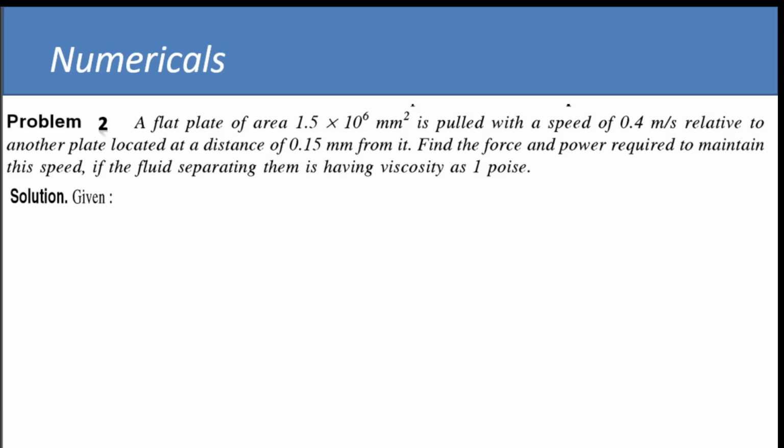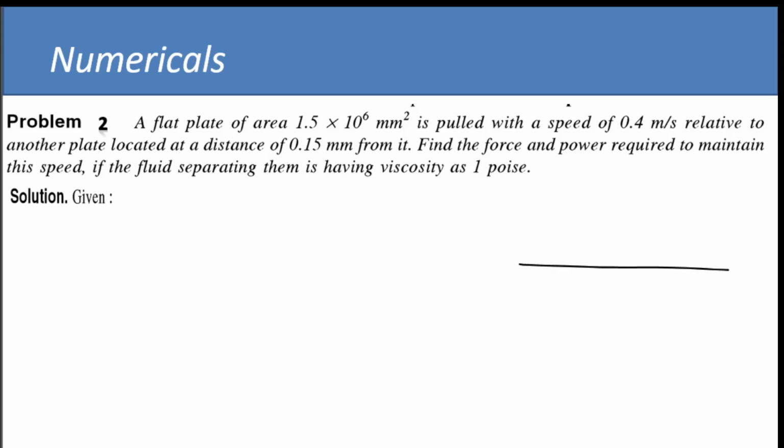Find the force and power required to maintain this speed if the fluid separating them is having viscosity as 1 poise. So, like the previous numerical, one plate is there,